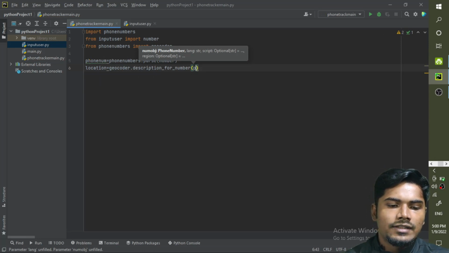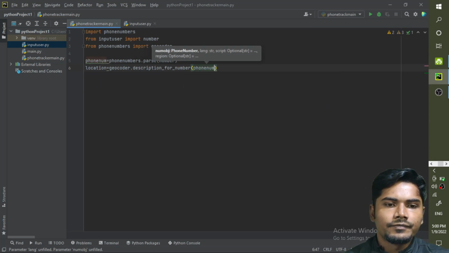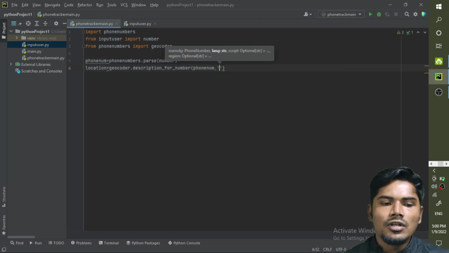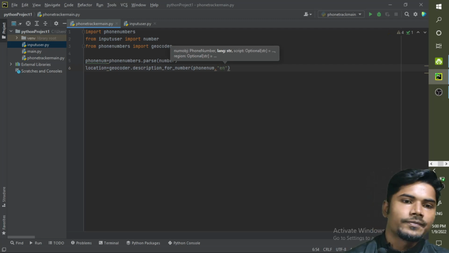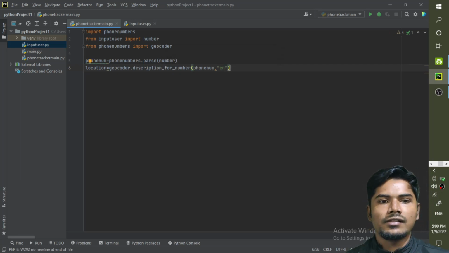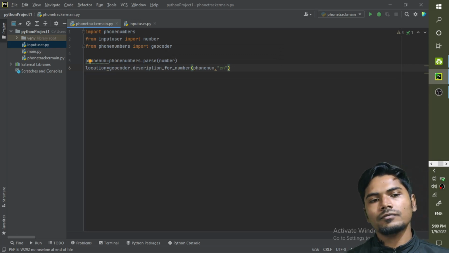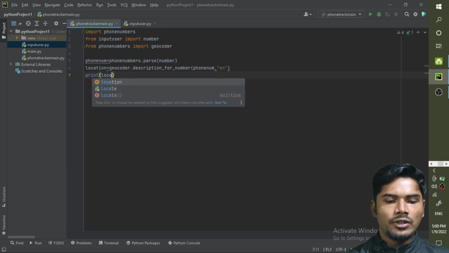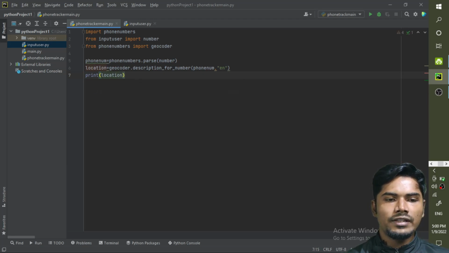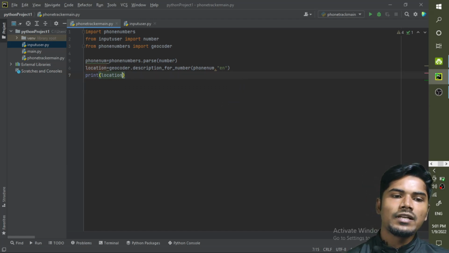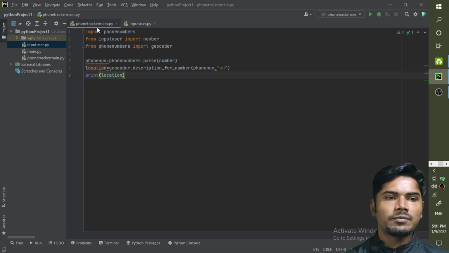We have to pass the phone_num here, comma, and we need the information in English, so we write en for English. en indicates the English language, so that's why we are writing en here. Now we have to print the location, because the information is stored in the variable called location. So now we have to run this program.